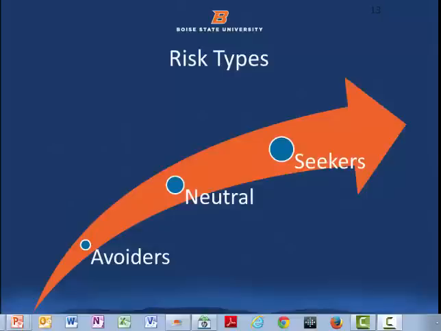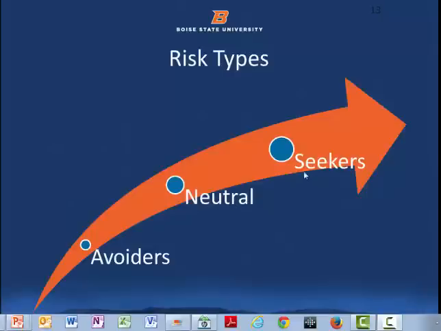All of us fit a risk profile of some kind. It varies by person, it varies by activity, it varies by business, and it varies by time in your life. There are people who are risk avoiders. They do not want to take any risk at all. They want the least possible risk with their money, their time, their activities, their health. There are people who are neutral to risk, who are kind of in the middle, who will see how it's going and what's going on.